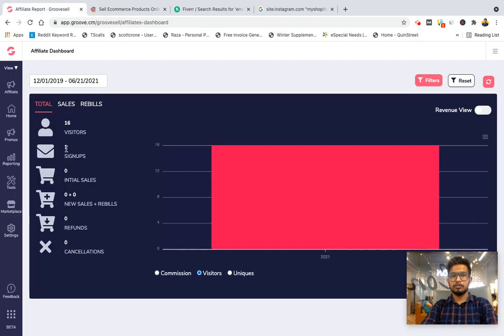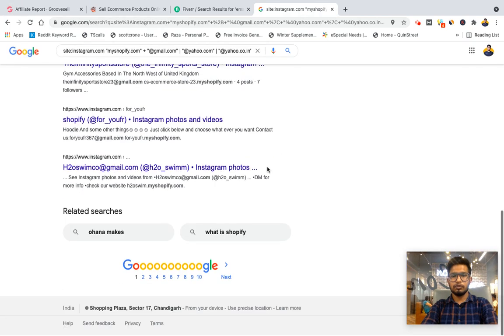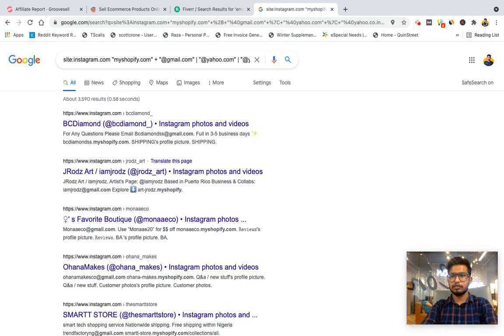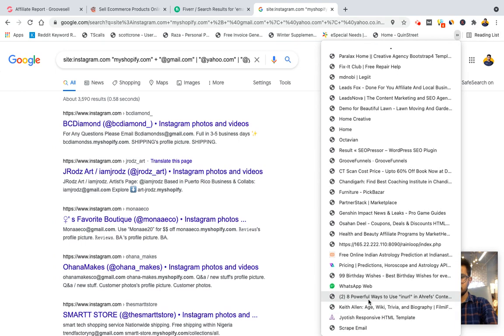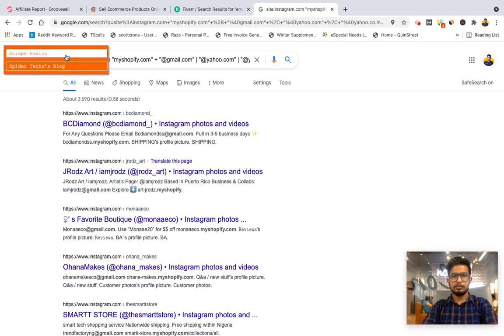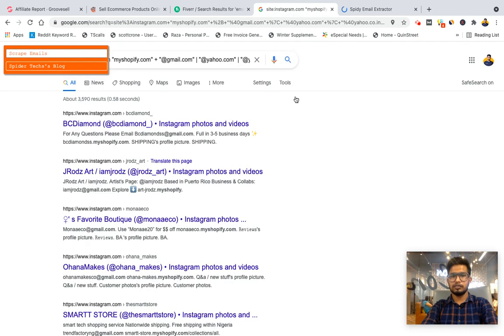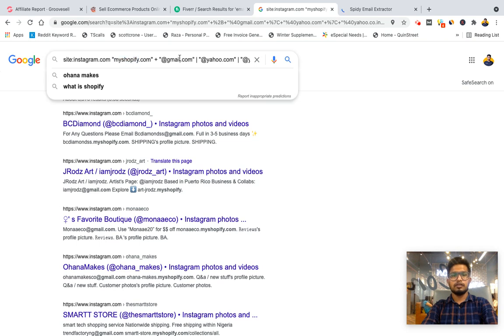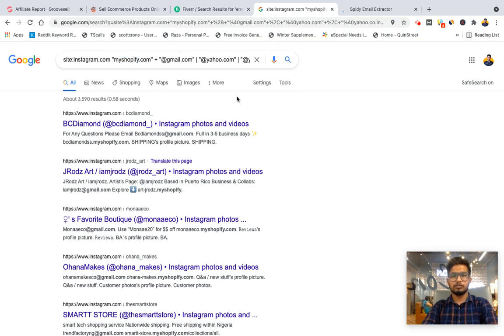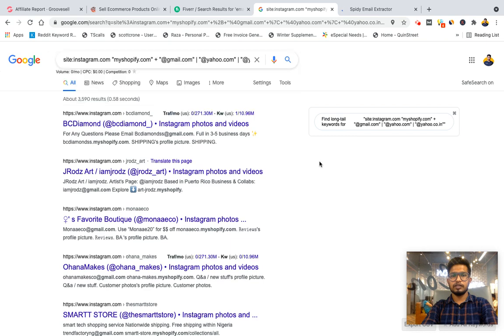And I got 16 clicks and one signup, trying with just 100 emails. A few emails bounced, but if you do it at scale, you can get a good number of emails. Now if I try with this, it will give me the emails of users who are using shopify.com to sell their products using Instagram. Similarly, you can brainstorm yourself and create your own query, or I will keep sharing new queries and ideas in Facebook groups for you to brainstorm or monetize.